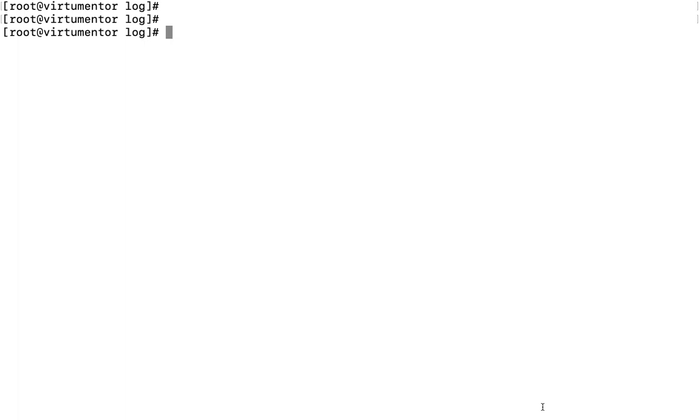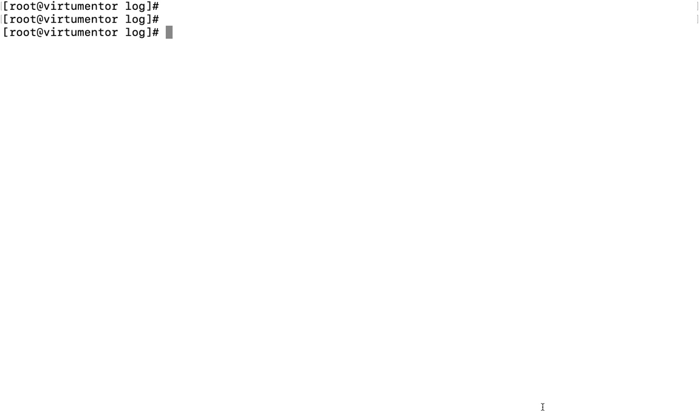Welcome. In this session, we are going to learn the head and tail commands. The head and tail commands are mostly used to print some part of the files. So, we'll first see the head command. The head command is used to display the starting lines of the file. By default, it shows 10 lines.